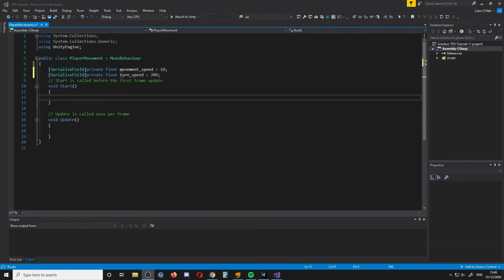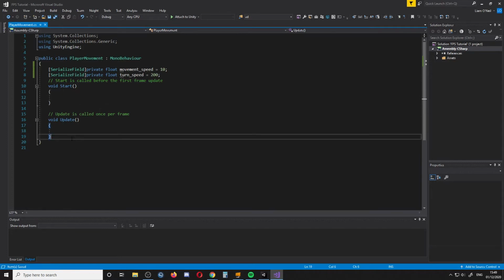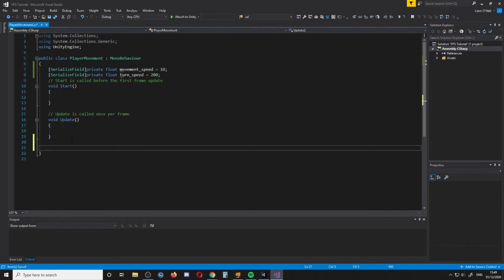Okay, so after we've added these variables, we're going to need to add some way of taking input, because we can't move the player really without taking some form of input from the user, from the person at the computer. So what we're going to do is make a couple of functions just because it's tidy. So we're going to make a private